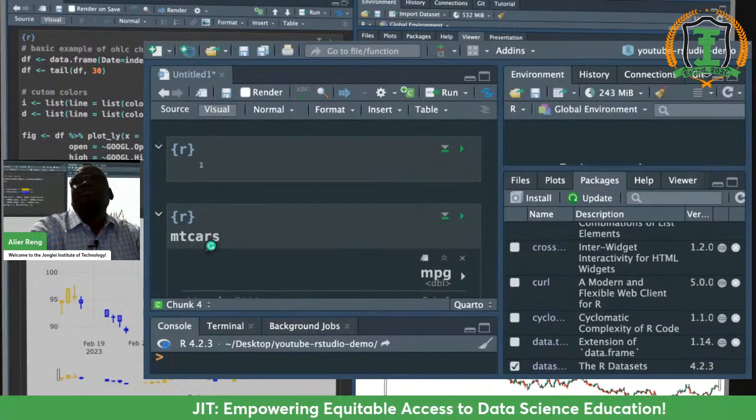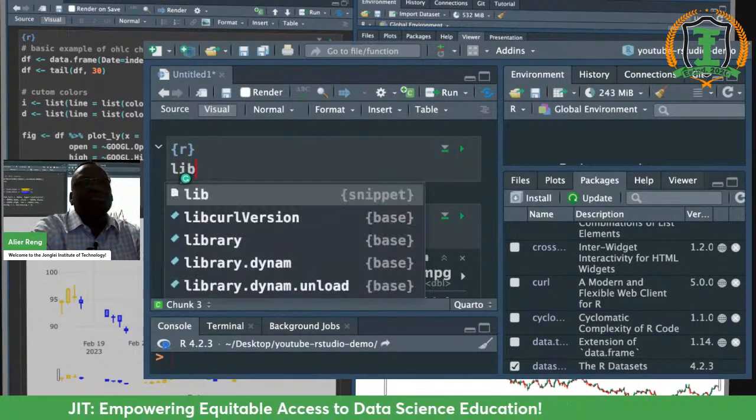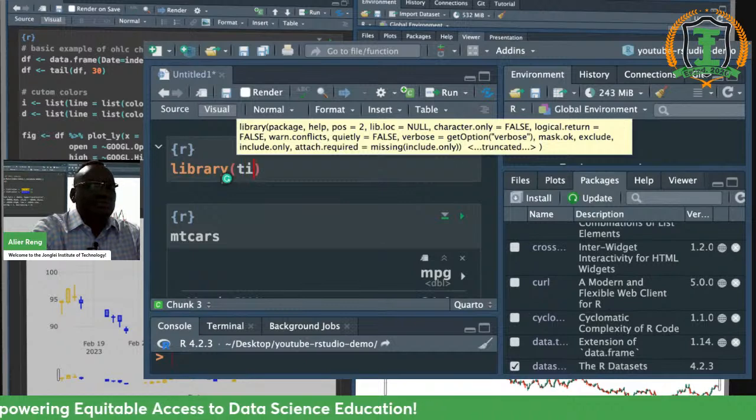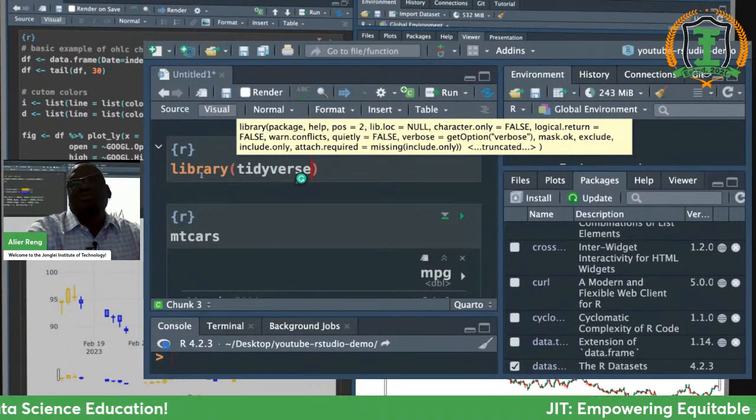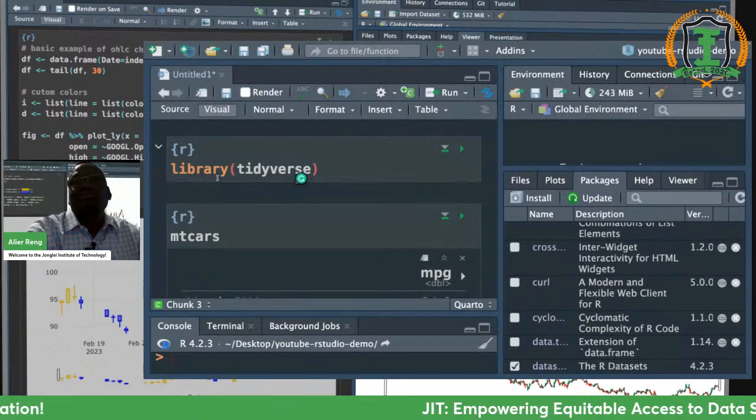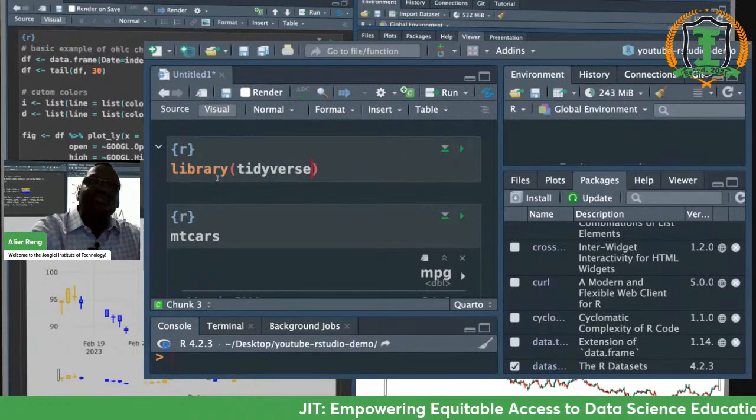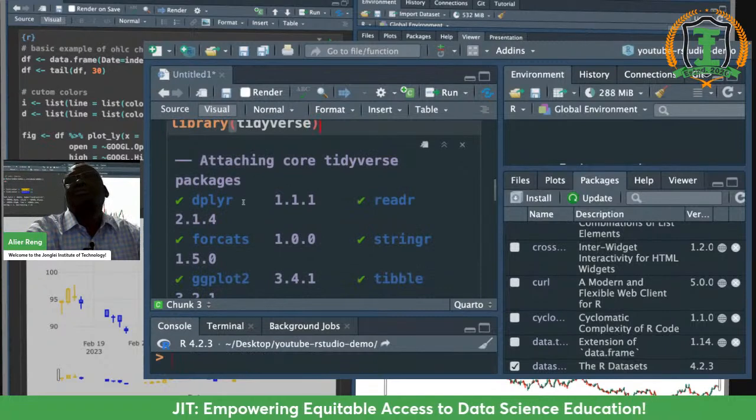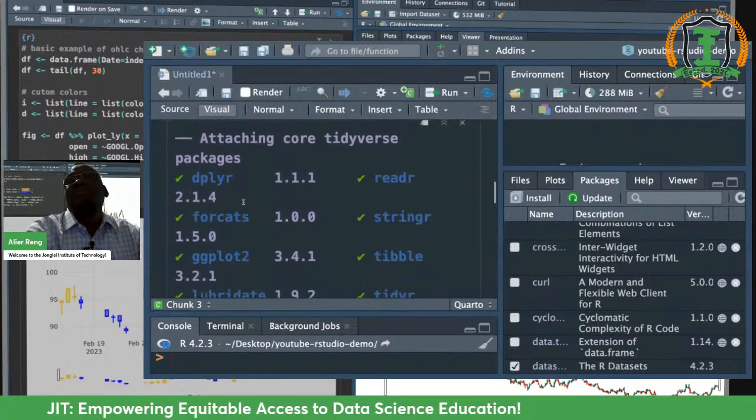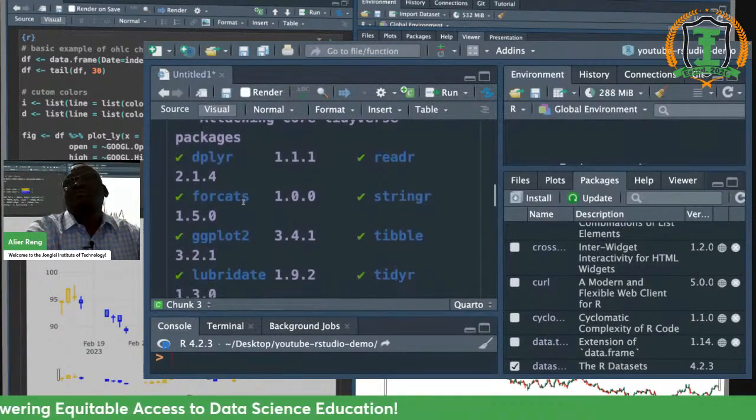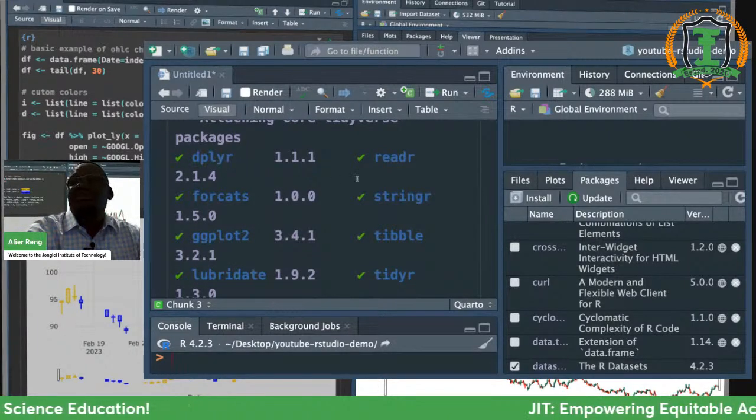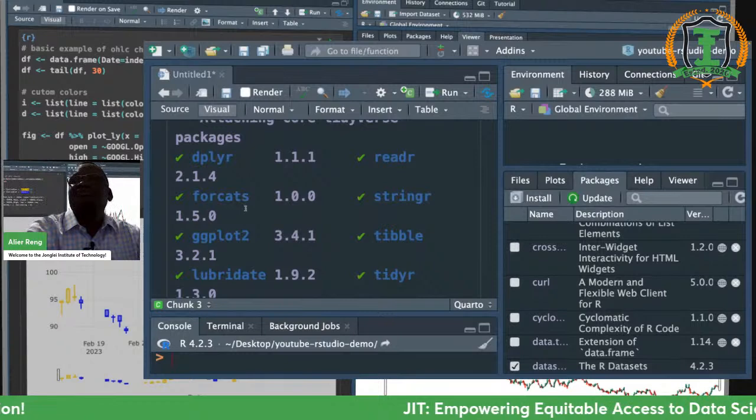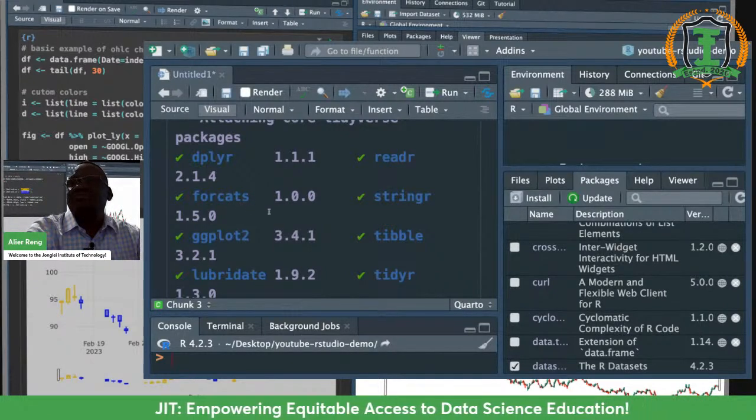Okay, let me load tidyverse. This is how you load the package in R. You call the library function and then load it. Now this has been loaded. You see how it is showing the packages in tidyverse: dplyr, readr, forcats for working with categorical data,